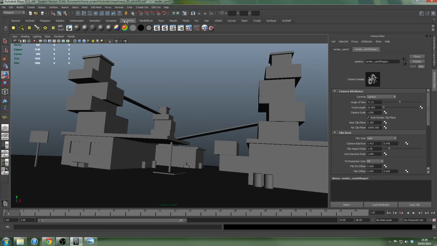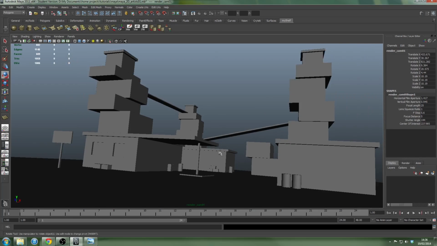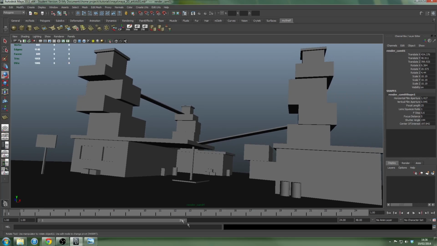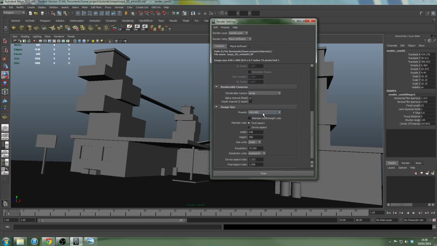Okay. So from rendering, I want to go back to my shelf. And then choose this little button. I'm going to close this for the camera just now. Make sure you're not scrolling too much in this, because we want to save the position that this camera's in. Go to this setting, render settings. And okay, that doesn't matter just now. But we want